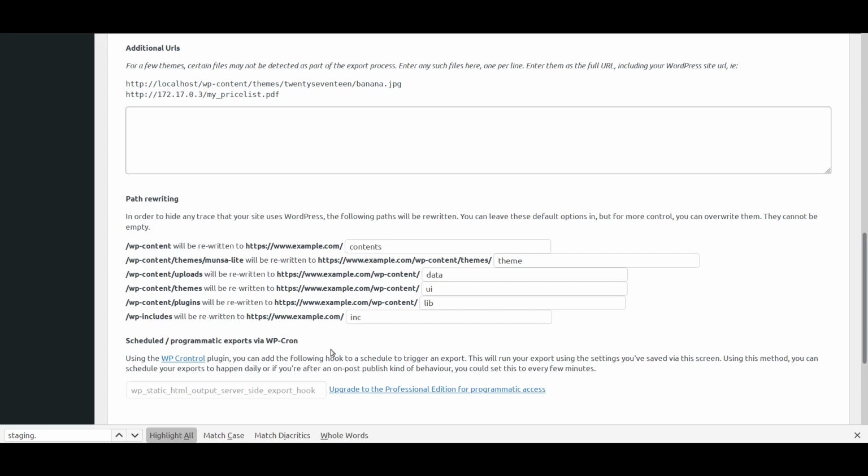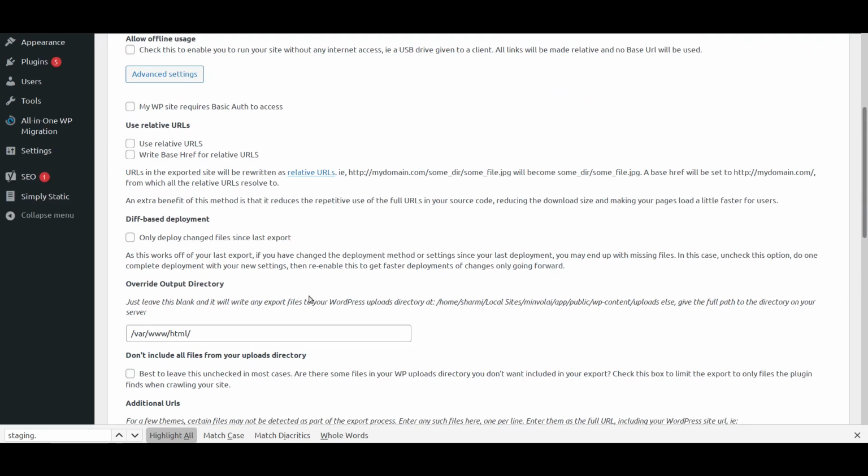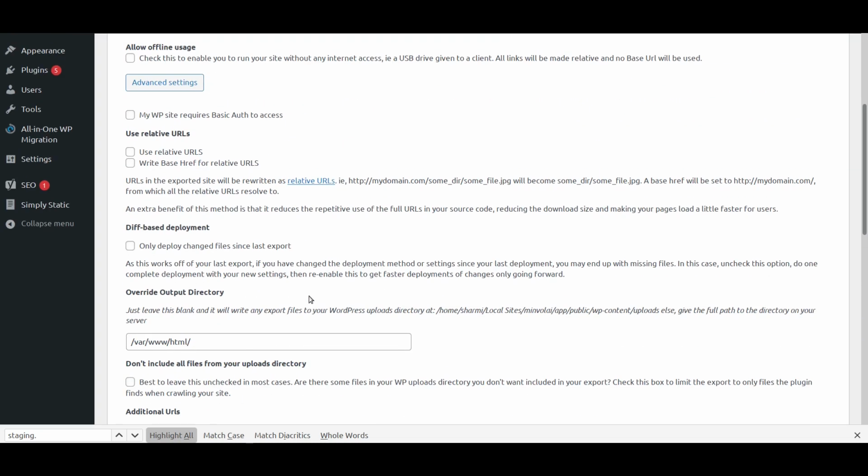If they know it's a WordPress site, there are too many requests from different bots, and that can hurt your site. So here any indication that it's a WordPress site is removed. wp-content becomes contents and wp-content/themes becomes theme, which helps to avoid the trouble with all these bots.